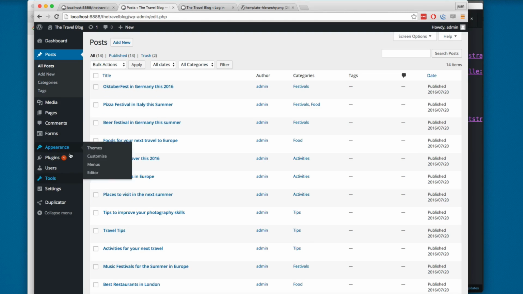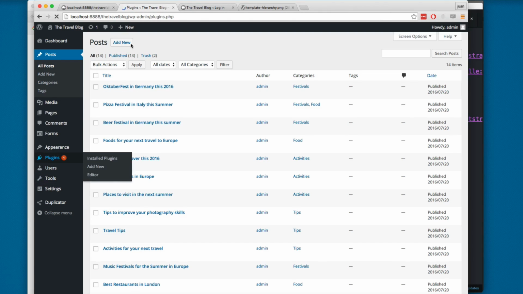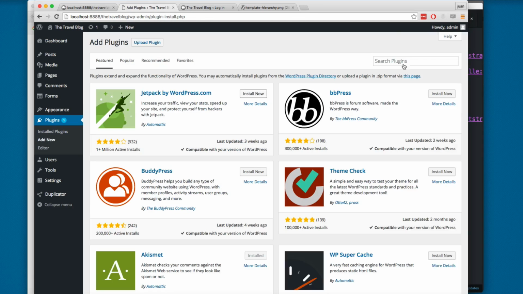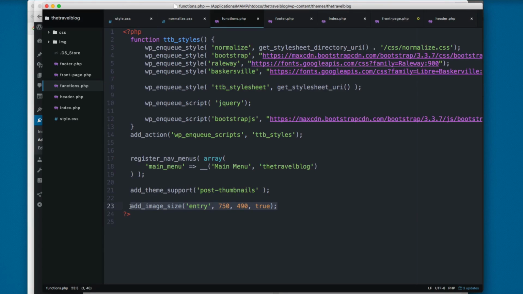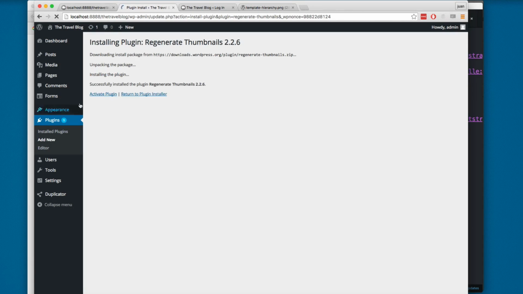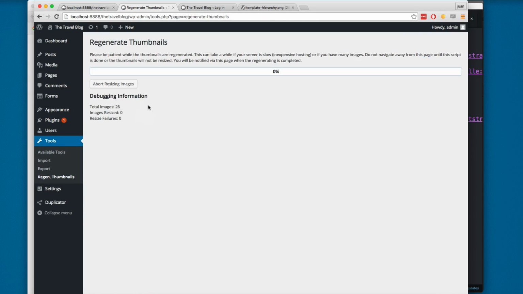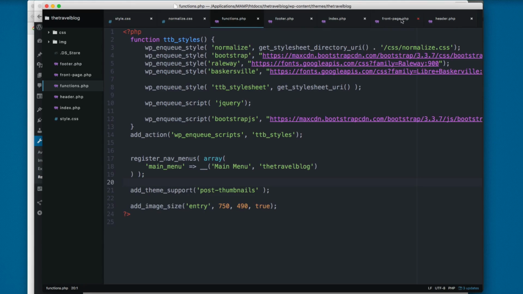And I'm gonna do something before we continue. I'm gonna go to plugins and add new. And here I'm gonna look for a plugin called Regenerate Thumbnails. This will regenerate all thumbnails because we have added this add image size. So I'm gonna install this, and you can see we can activate the plugin. And next, on tools, I'm gonna open Regenerate Thumbnails, and you click here on regenerate all thumbnails. So let's go back to the front page,